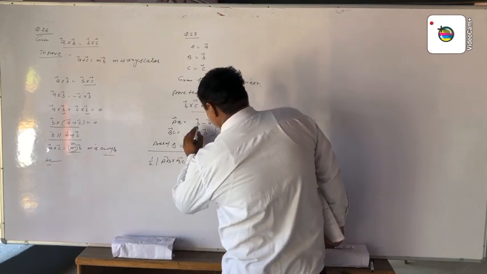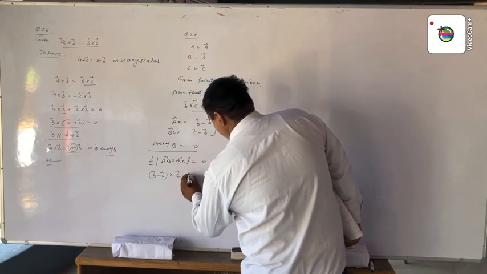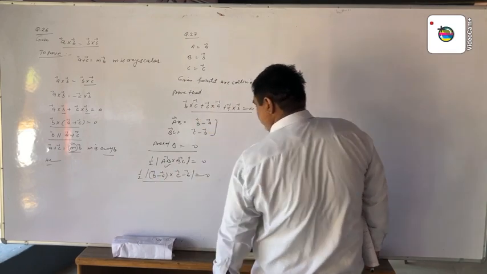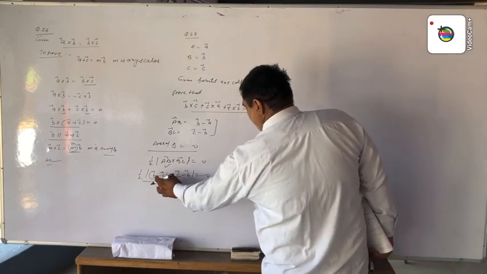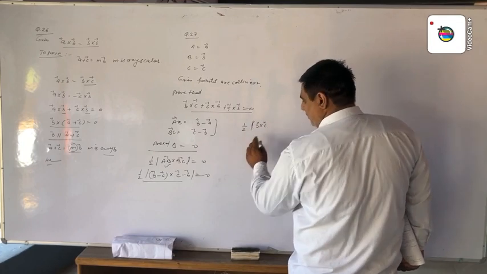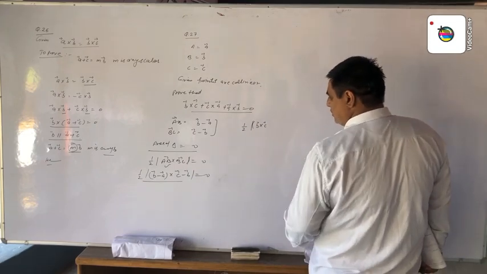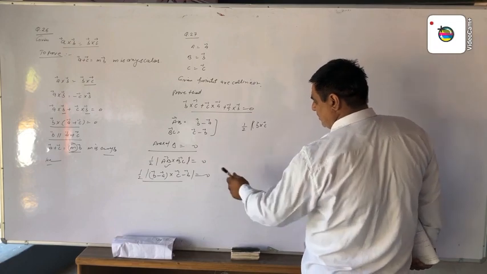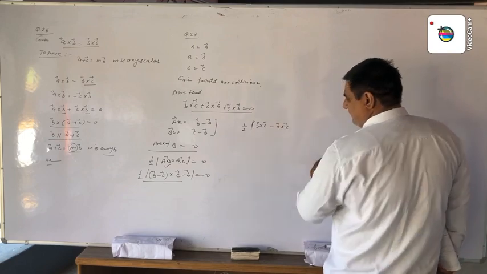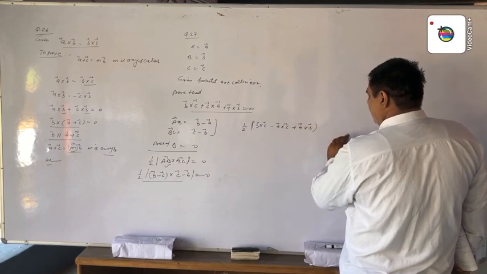Now AB vector is vector B minus A, cross BC, which means vector C minus B, and the magnitude times 1/2 is equal to 0. Now we find the cross product of these two vectors. Now B multiply B is equal to 0. This is the result: when we cross multiply and the elements are the same, the value is 0. This multiply this, we get minus vector A cross C, and this multiply this is plus vector A cross B equal to 0.